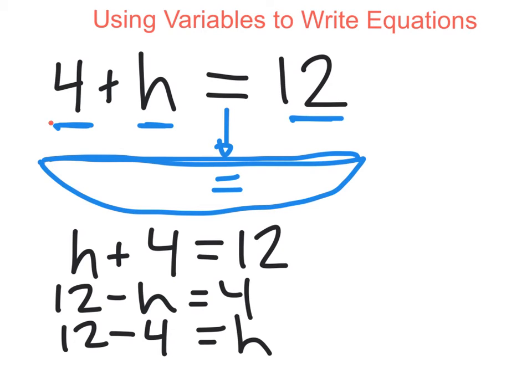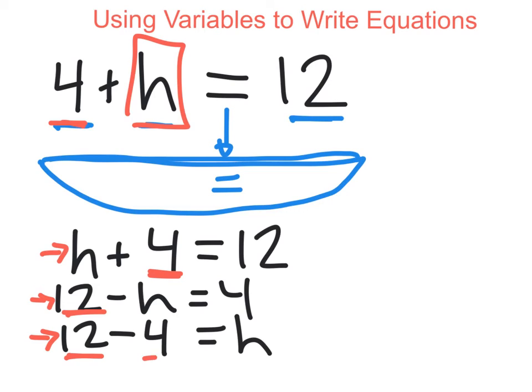Well, this equation here gives me one piece of information, but I'm missing the second. This one here gives me one piece of information. This one gives me one piece. But this one down here gives me two pieces of information. 12 minus 4. I bet I can solve that. 12 minus 4